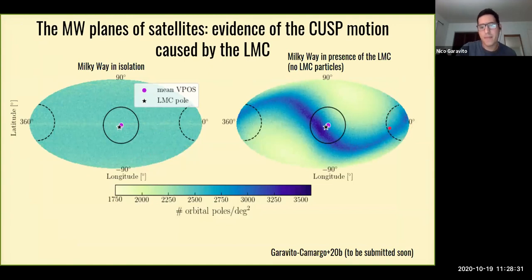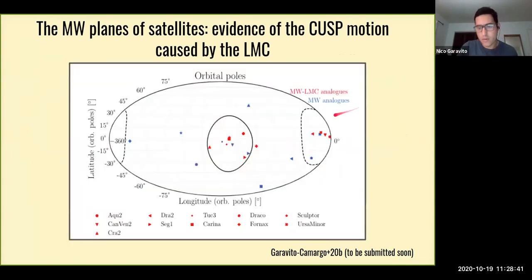Yeah, that's right. For the Milky Way, we observe some satellites that are counter-rotating. They are in the plane, but counter-rotating. And when we do this exercise, we also see that just by the motion of the cusp, we get some satellites that will be counter-rotating. It's a geometrical issue. You will get things that seem to be co-rotating and seem to be counter-rotating. So it could also be explained in this scenario. Okay, got it. Thank you.